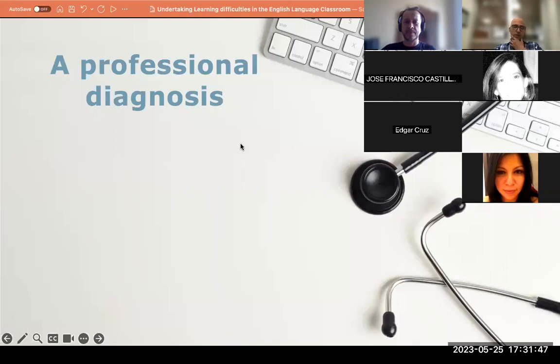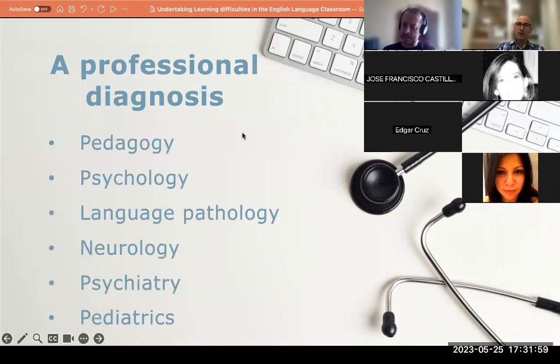So the first thing we need to do with our students is try to get them a professional diagnosis. That way we can know for sure exactly what's going on. And who can diagnose? In children, there are different tests that they can take. And for adults, it takes more of a team. Even for children, it takes a team. But for adults, there isn't really a test. I mean, there are some,